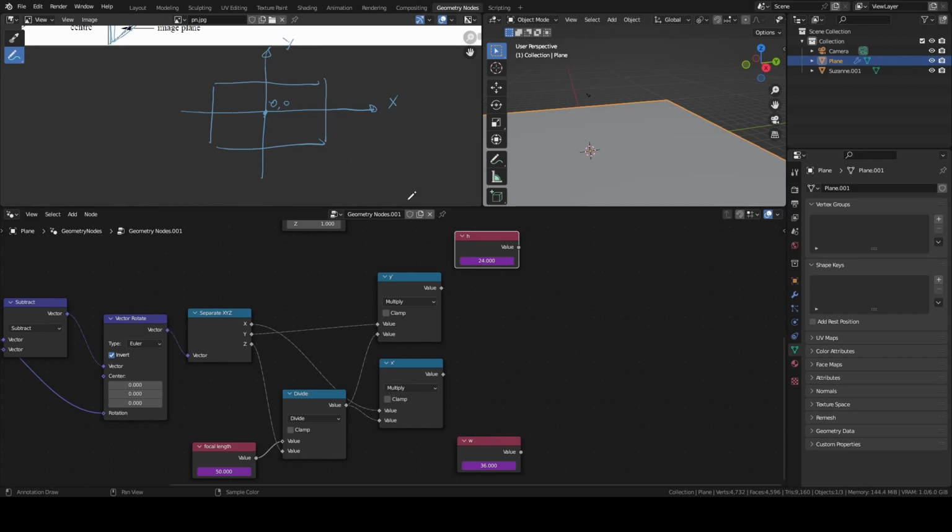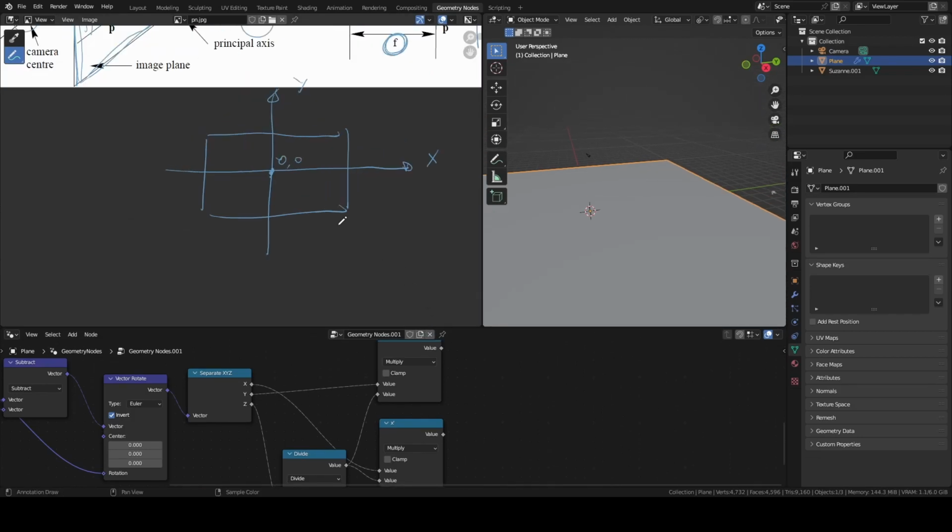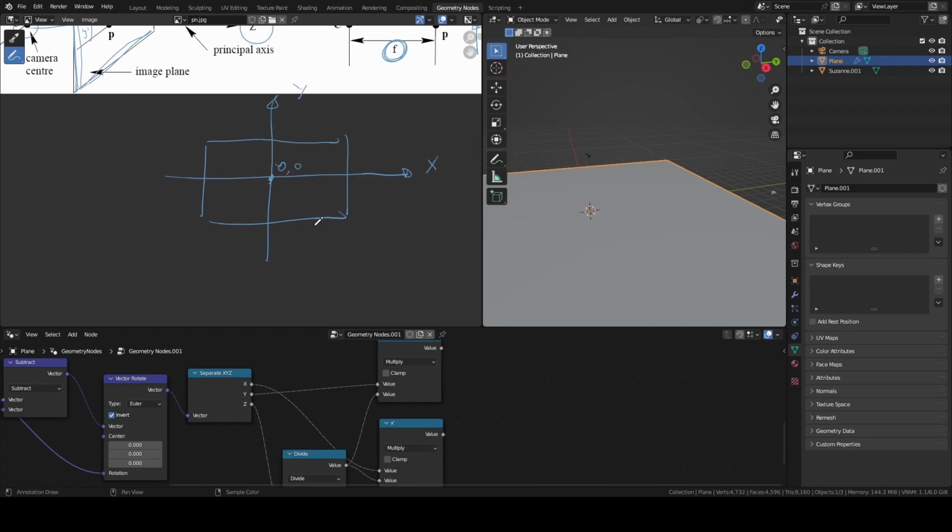So let's check what we have to do. The width of this image sensor is W, so it's going from minus W over 2 to plus W over 2. And the same for the height, it's going from minus H over 2 to plus H over 2.